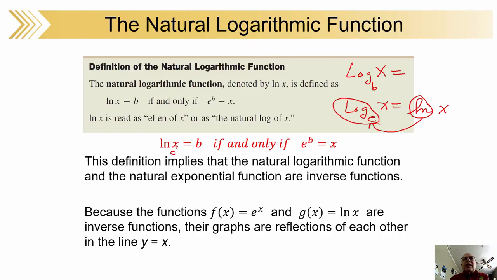What exponent does e need to give you x? This is equivalent to this, because it's got that special base e. B is the exponent, because logarithms are exponents, and x is the number you get if you take